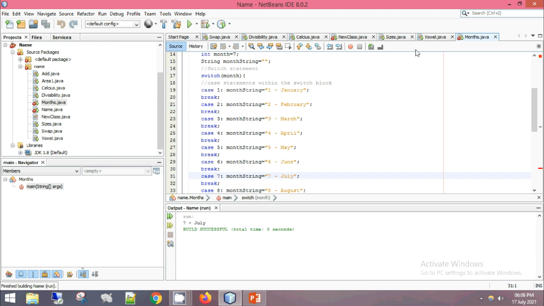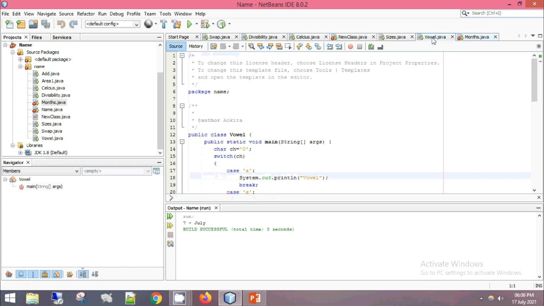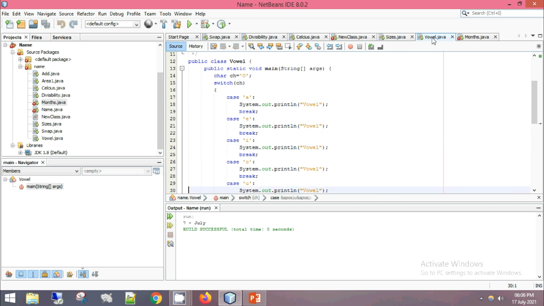Got it? Now one more, that is with characters. Right now I told you the concept of characters and strings. So over here I am using a character. Now over here I am writing a code. What it is doing is finding out whether the particular character is a vowel or a consonant. Now concerning the vowels, we are aware that A, E, I, O, U, they are all vowels. So we'll start, we'll give char ch. This I am initializing the value.